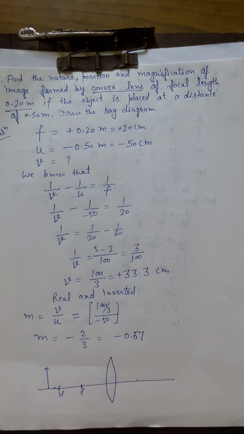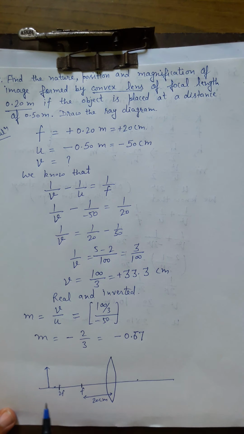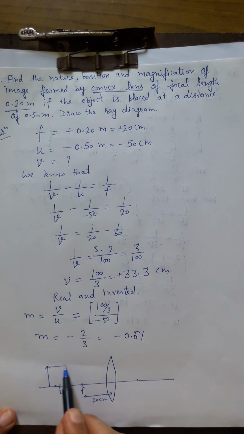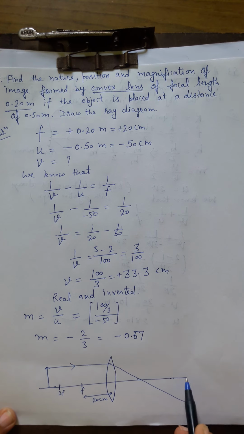Now we can draw the ray diagram. This is our convex lens F. Focal length is given to you, it is 20 centimeter. So it will be 40 up to 2F and we have to place the object at 50 centimeter, so just beyond the 2F. Now the rules are, one ray parallel to the principal axis will pass through focus, and another ray